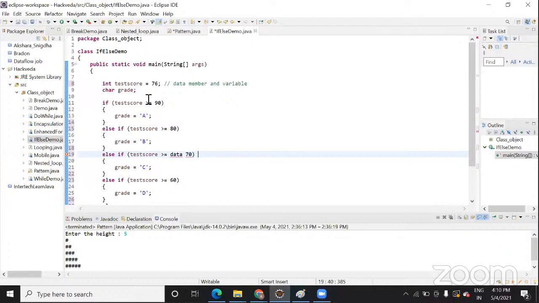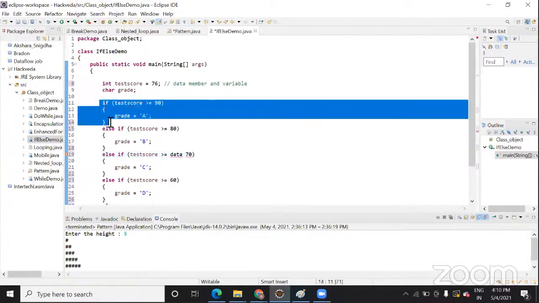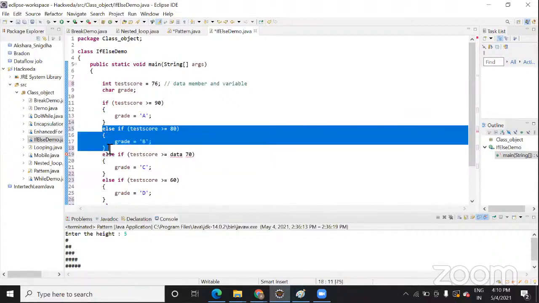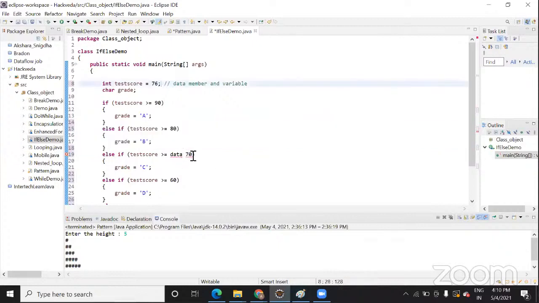No. Correct. So if this condition is not satisfied, then I will look for some other condition. Is this condition satisfied? No. Correct. And what about 135? So the output will be C.